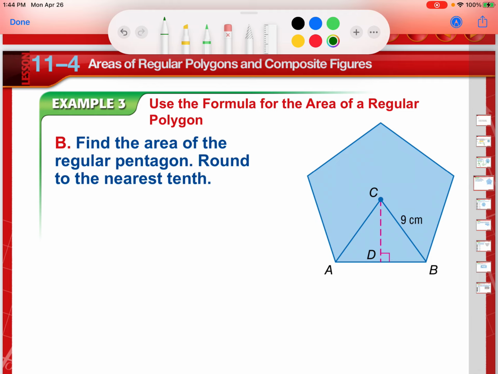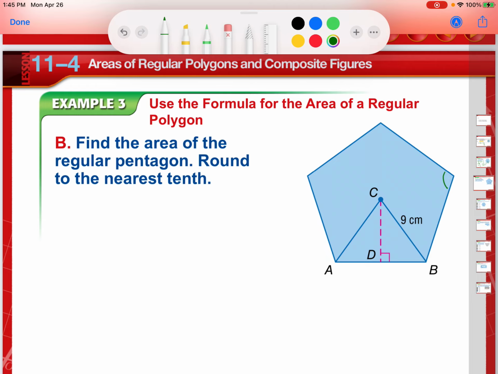Here's a prime example of that. We have a pentagon here. So for this pentagon, we're going to have to do just a little bit more work than we'd probably like to. But that's all right because we're up to it. So first things first, what I would like to do is just go ahead and find out what each interior angle is, just for my own